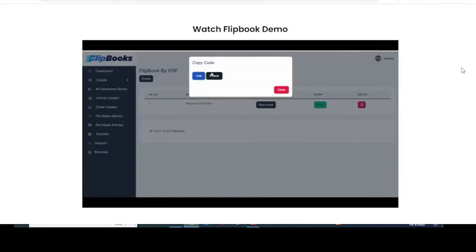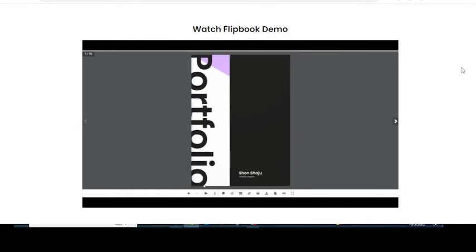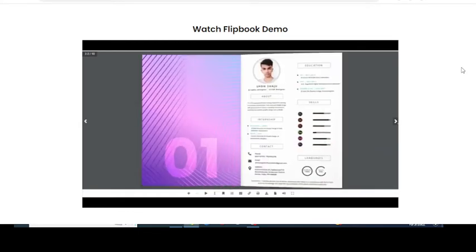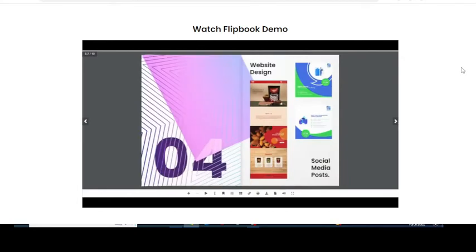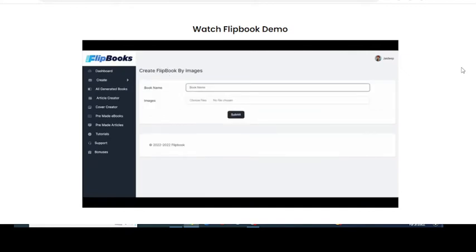Get the link in frame, got it, go. Tada, there you go. You can see your portfolio right here, how it's going to look, how it's going to turn out. It's easy. So let's say we're going to go with some images. We're going to create some images with that one flipbook as well, same as a portfolio via images. You can extract from the images and put them on your portfolio as well.